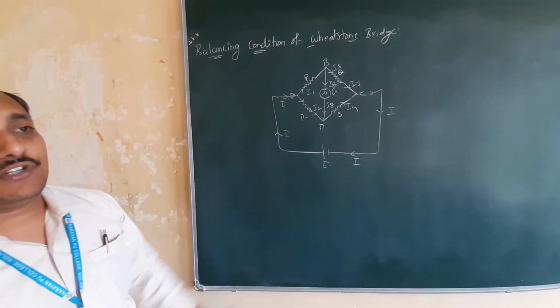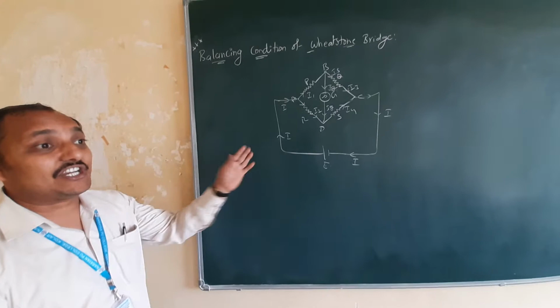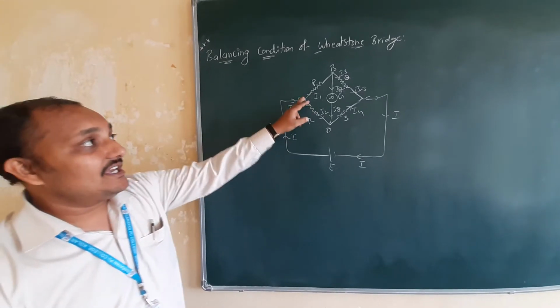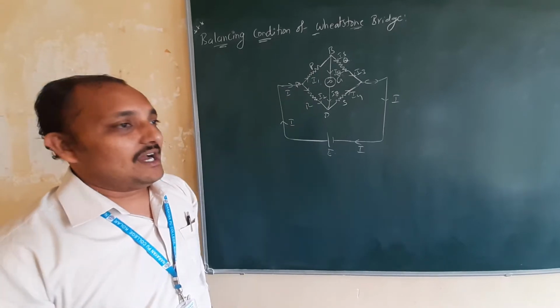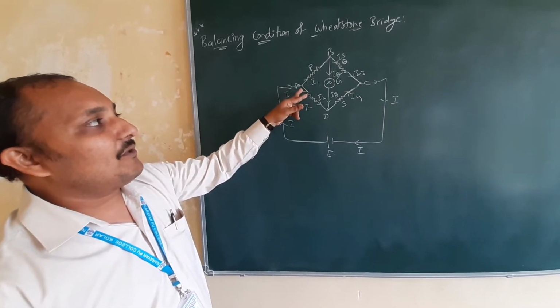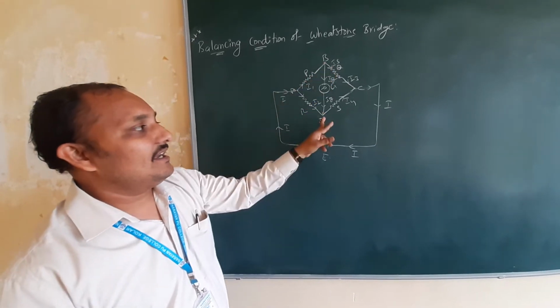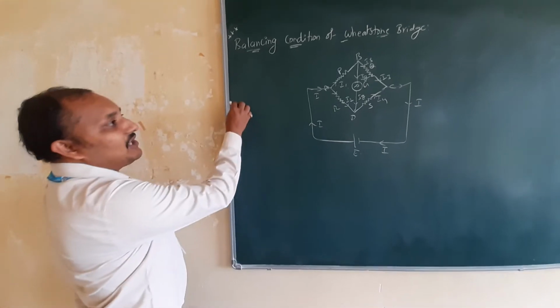Now for this we are going to apply Kirchhoff's first law and second law. Kirchhoff's first law is applied at junctions. Here how many junctions are there? A, B, C, D. 4 junctions are there. At A, B, C, D we are going to apply. It is going to become a big derivation. Actually we want only at B and at D. But for your convenience, to show how to apply Kirchhoff's first law, I am applying at all the junctions.